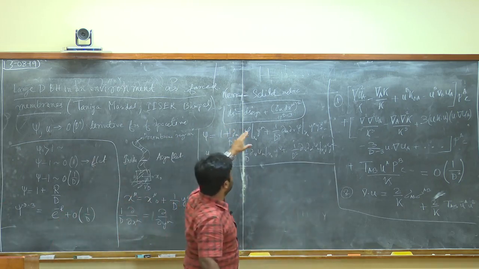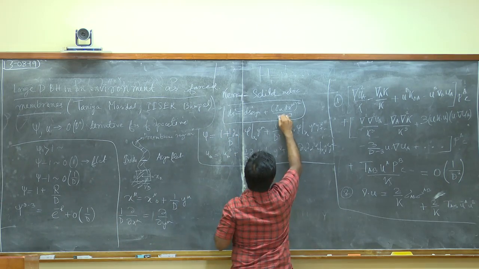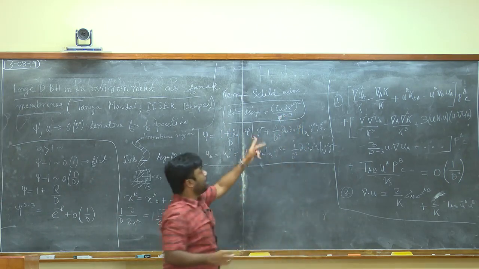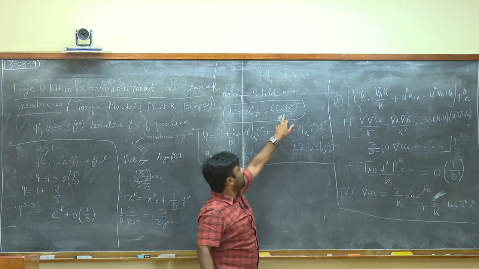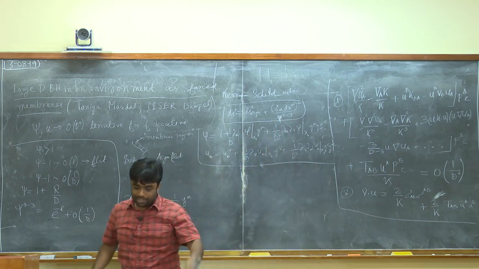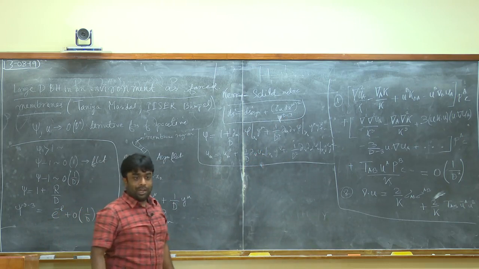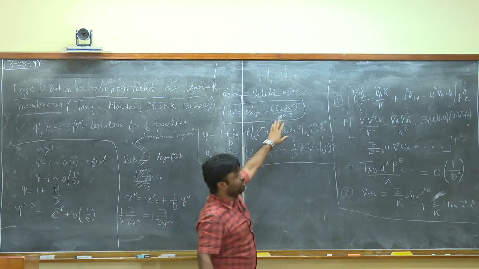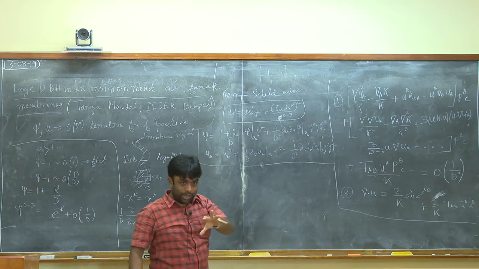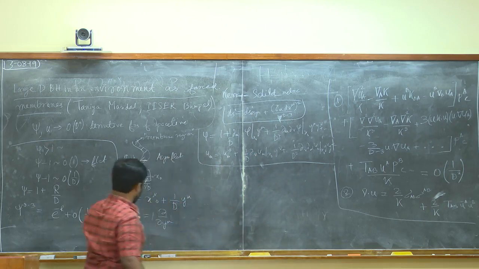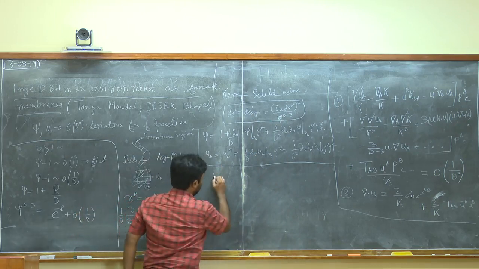At leading order, you can see that the Einstein equation will evaluate to something that is order d square, because you see there are d's here, and the maximum order of d that the Einstein equation can take out is when both derivatives act on this phi function, and I am saying that this order d square equation in the global x coordinates will be solved if you have something,